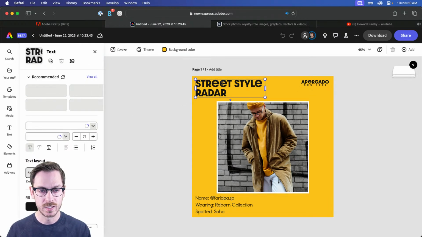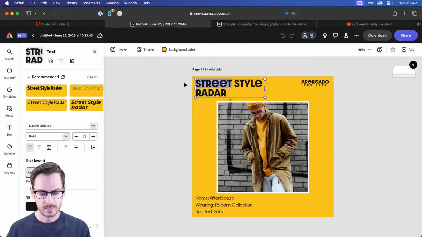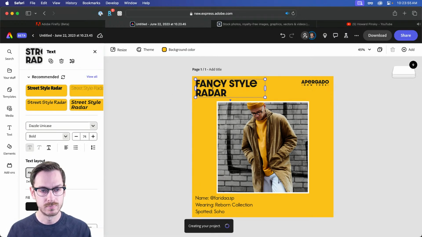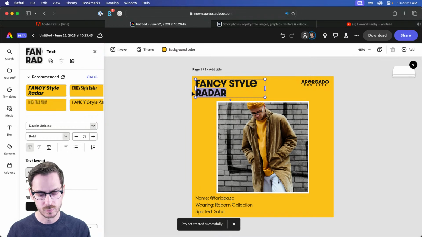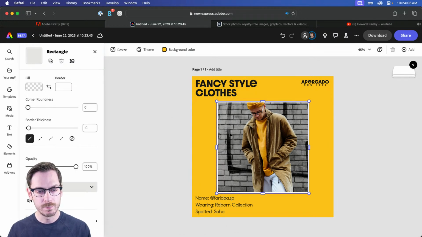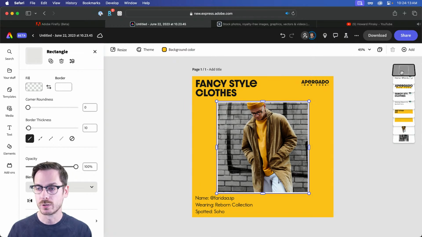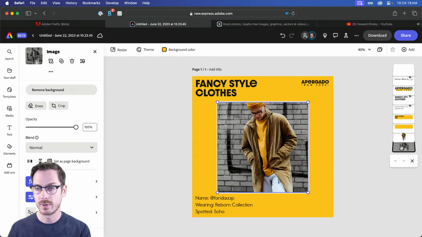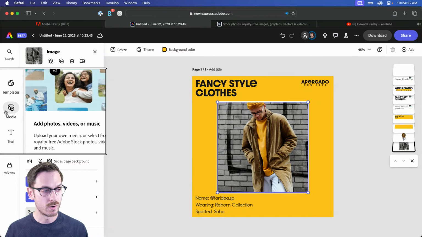Let's say I want to change this to fancy style radar, or let's change this to, I don't know, whatever it might be. There we go. But I'm liking the image in the foreground, but I think I might want something a little bit different in the background. I think the background could be a little bit more colorful. So if I dive into our layers over here to the right-hand side and select that background, I can generate something new. So if I hop over to our media section, right over here on the left-hand side,